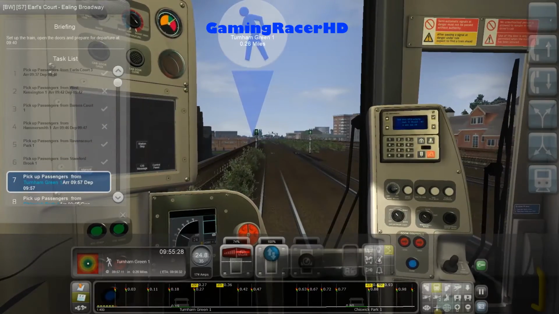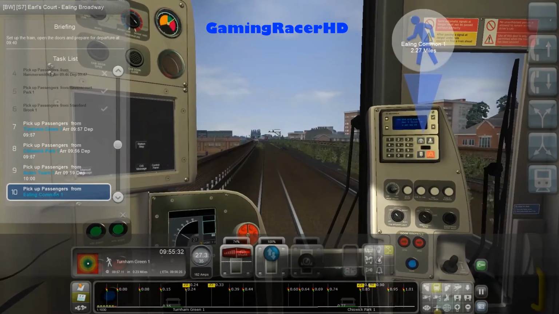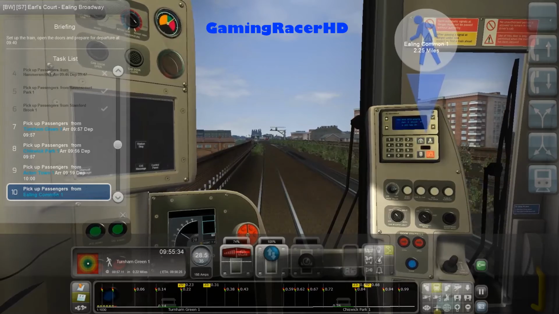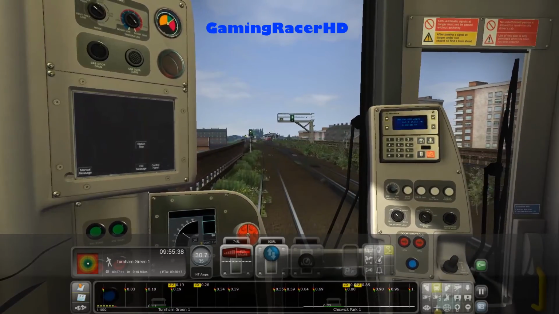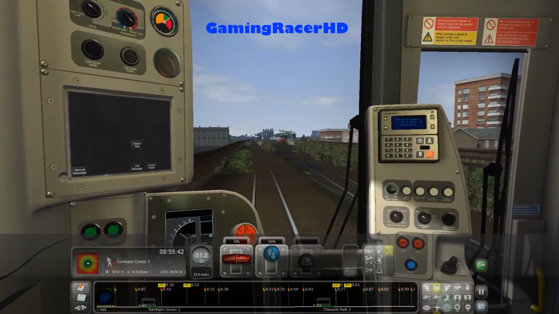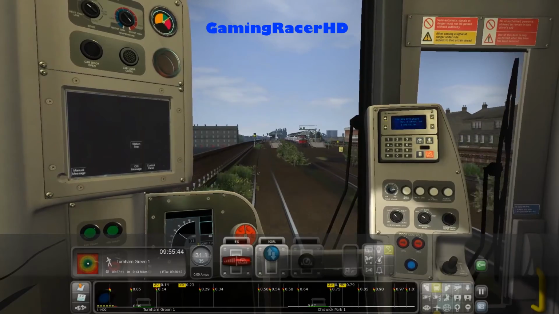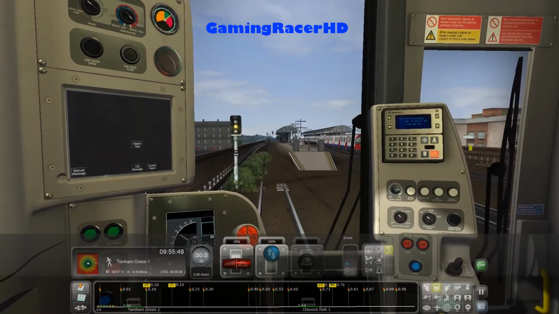So we've got Turnham Green, Chiswick Park, Acton Town, Ealing Common, and then Ealing Broadway. So we did get an X on 2 of them because we didn't arrive on time. I did see in the description of this scenario that you will start late, but you should arrive at Ealing Broadway on time, so...